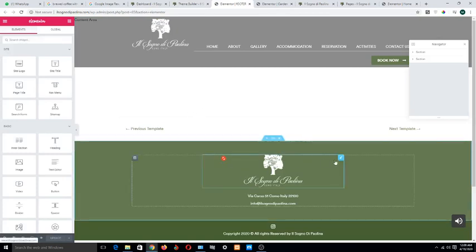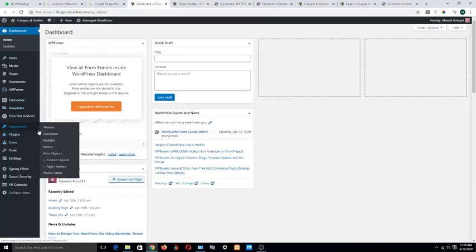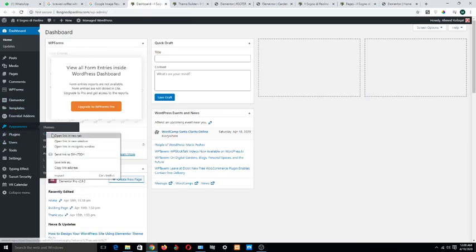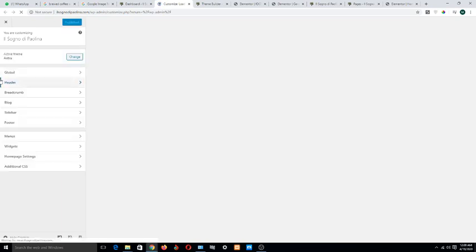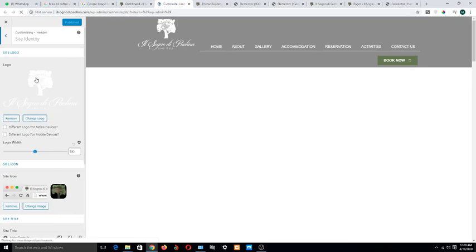From here you can change the logo. I will show you how you can change the logo. From here you cannot change the logo. If you want to change the logo, you have to come to the dashboard and click on customize under appearance. When you click on customize, click on header, site identity, and from here you can change the logo of your site.